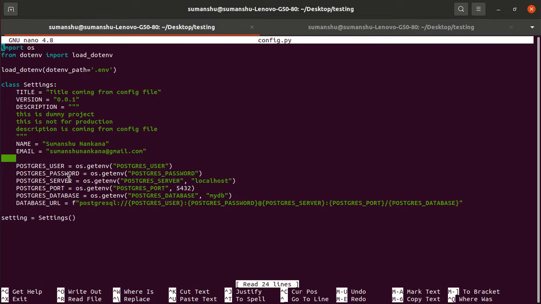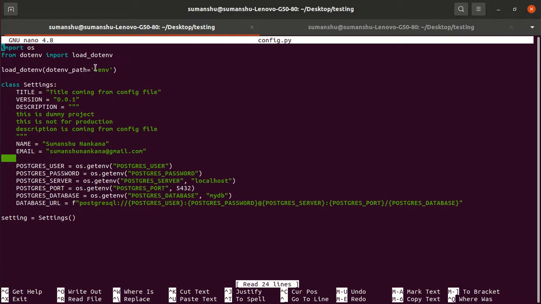I told you in the last video, we have two options. Either we can set all these in our system environment variables, but if we set this in our system environment variables and we have to pass this code to someone else, they have to set the system variables again at their end, right?